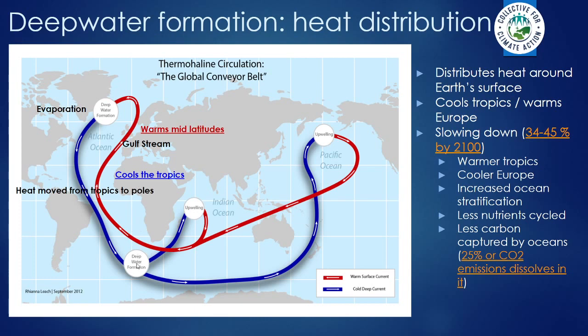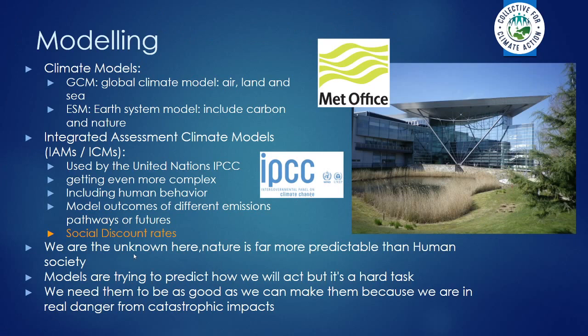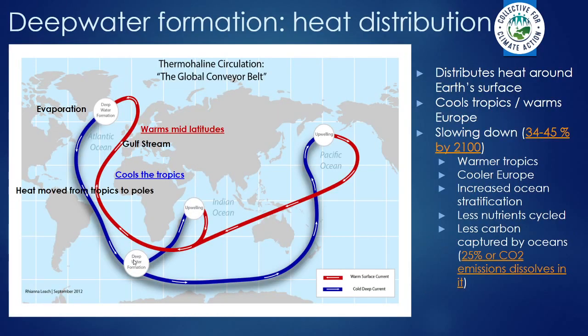So it does happen a bit in the Antarctic as well, but because it's cooler water coming down through there, it doesn't have quite the same effect in terms of driving the circulation around. Now, this circulation does a series of really important things. It cools the tropics, it warms up us, so it makes both of those areas of the world much more habitable. It also keeps the ocean mixing, so it makes sure that nutrients and warm and cold water all mix up in the ocean column.